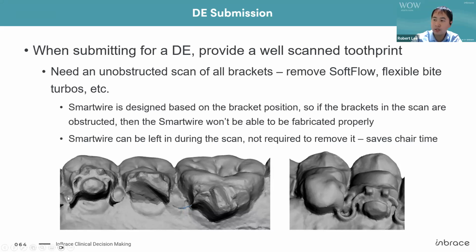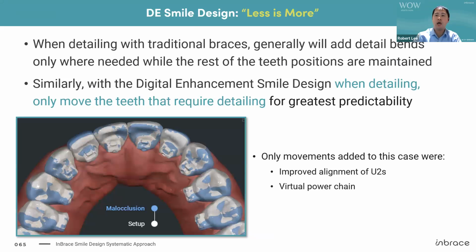You can leave the wire in during the scan. That doesn't bother us at all. So that saves you some chair time and not having to take the wire out when you do your DE scan. When you do your DE small design process, I'll be going over this a lot more in detail,